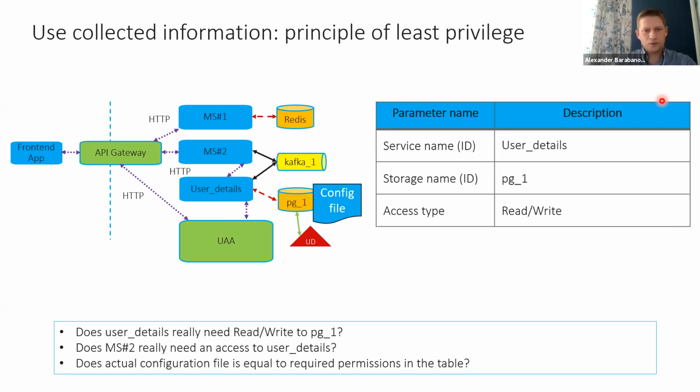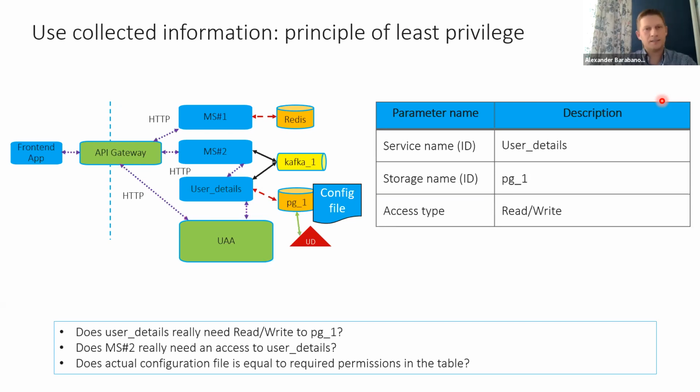For example, does the user detail microservice really need read-write access to the database management system named Postgres number one, or does the user detail microservice need only read access? Does microservice number two really need access to user details? Or